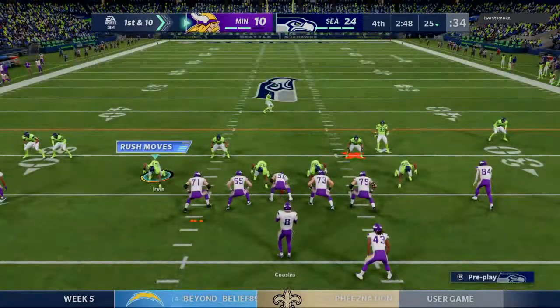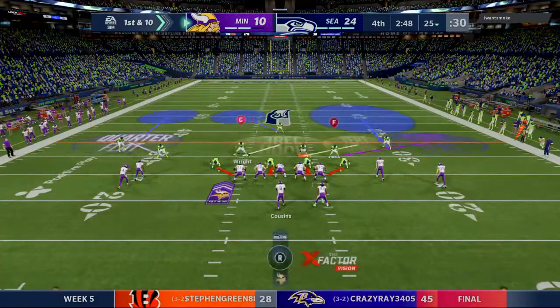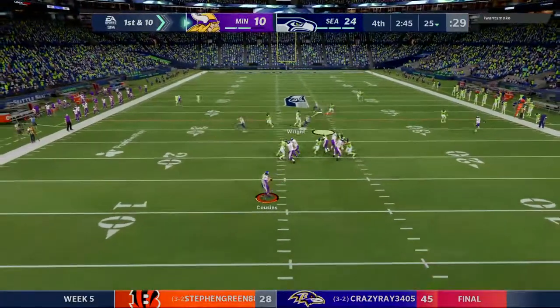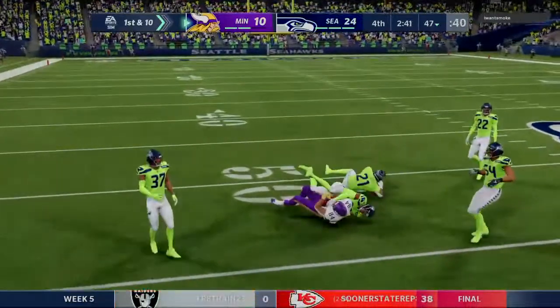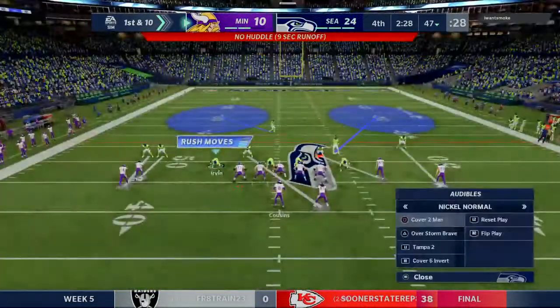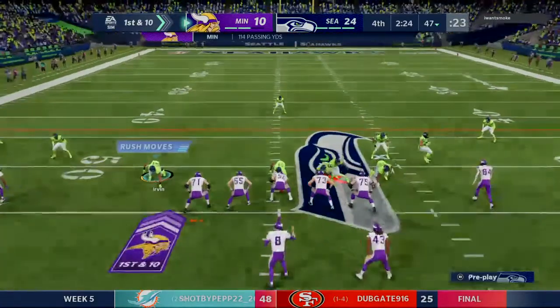Here are the Vikings now to start their next drive. We'll see if they can band back together after the pick-6. It hurt badly, but still within striking distance. A 2-score game with a good chunk of time on the clock. Throwing here to start the drive as they connect left side. And they work this well upfield across the 45. It's a gain of 22 as we tick towards